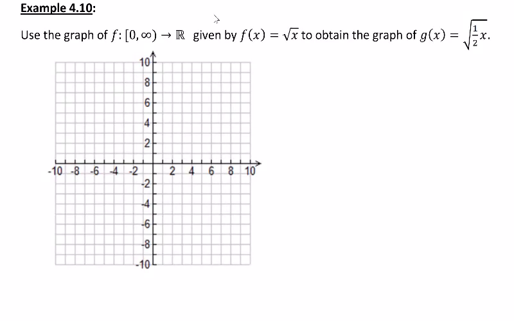In example 4.10, we are asked to use the graph of f, which is defined here to be the square root function, to obtain the graph of g of x equals the square root of 1/2 x. So they both are square roots in their own right, but g of x has a 1/2 multiplied